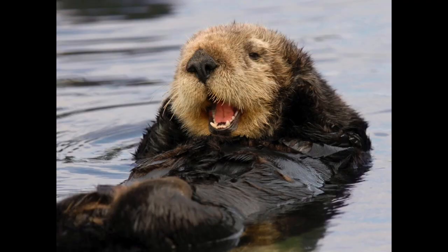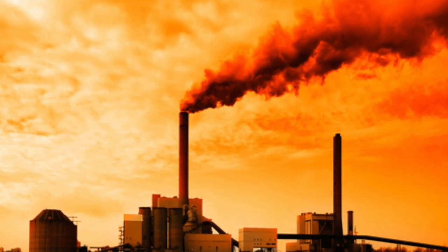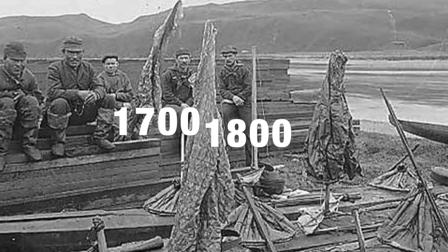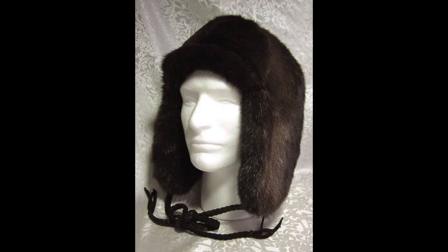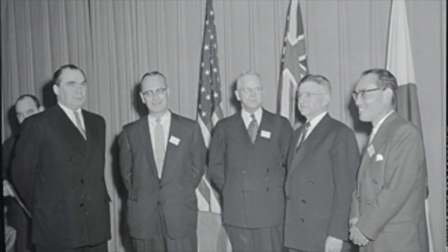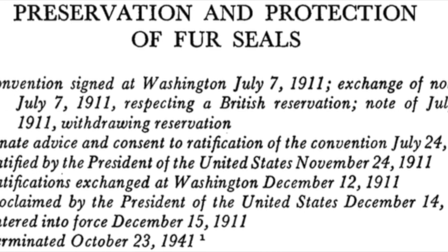As discovered, the humble little sea otter has an enormous effect on countless organisms and species. Unfortunately, however, they are slowly becoming extinct. Between 1700 and 1800, sea otters were on the verge of disappearance due to being hunted for their fur. The fur was used to make coats, hats, and gloves, and the material was highly sought out after due to its natural warmth. In 1911, however, they finally gained protection with the International Fur Seal Treaty, which brought this unnecessary